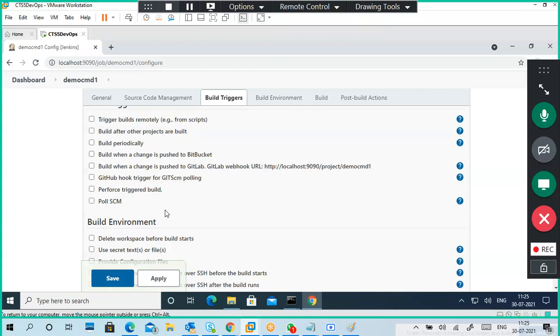Morning 9 o'clock I start coding, and by evening 6 or 7 it is completed. By 9 o'clock it should trigger the build automatically, take the code and build it, and if any issues are there, immediately it shows successful or failure, and why the failure occurred.